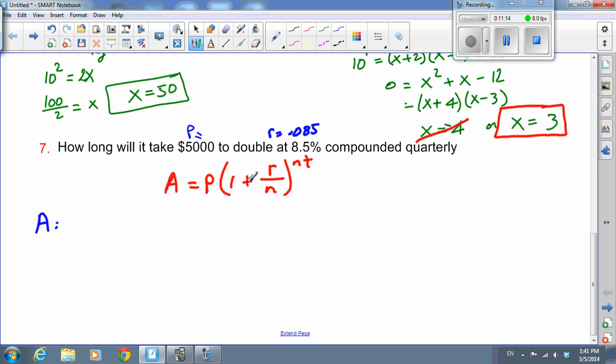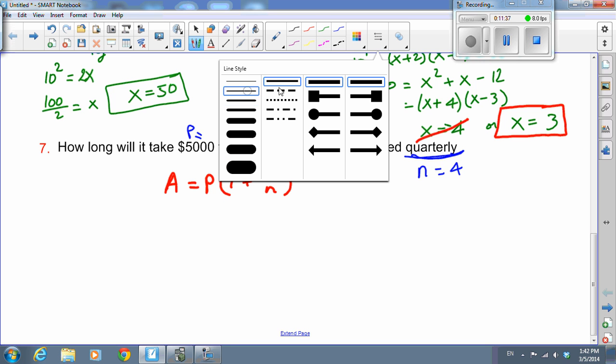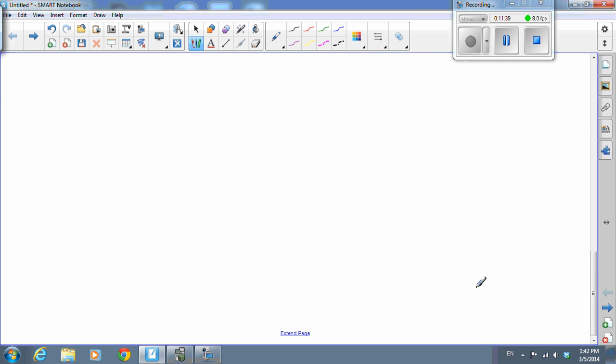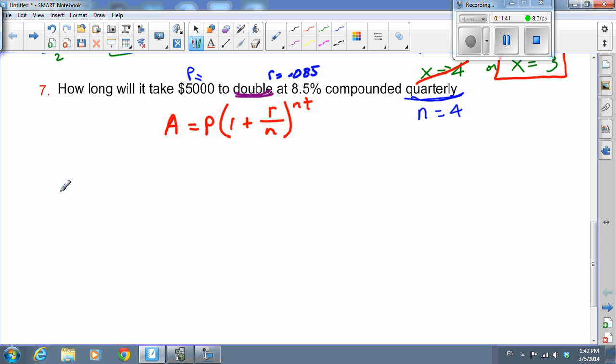Here our principal is this. Compounded quarterly. This quarterly gives you n. n is how often it happens in a year. So in this specific case, n is equal to 4. Let's go ahead and solve this problem. The only thing we don't know is t, but we know that the amount will double. So at the end, instead of having 5,000, since it's doubling, we will end up with 10,000